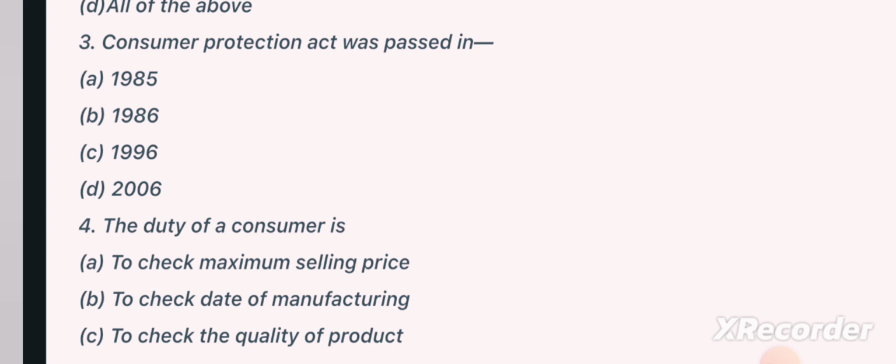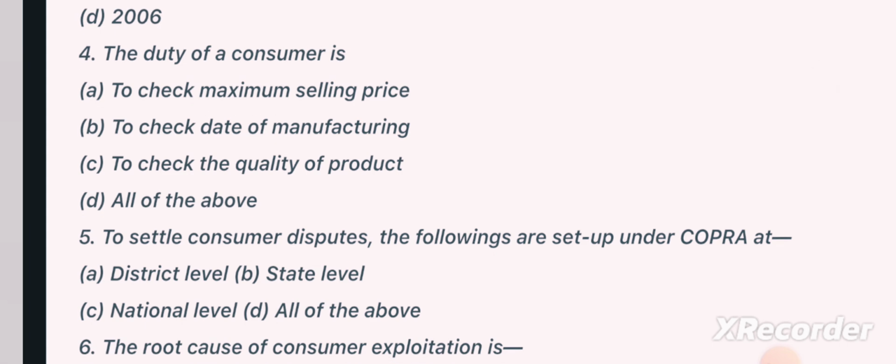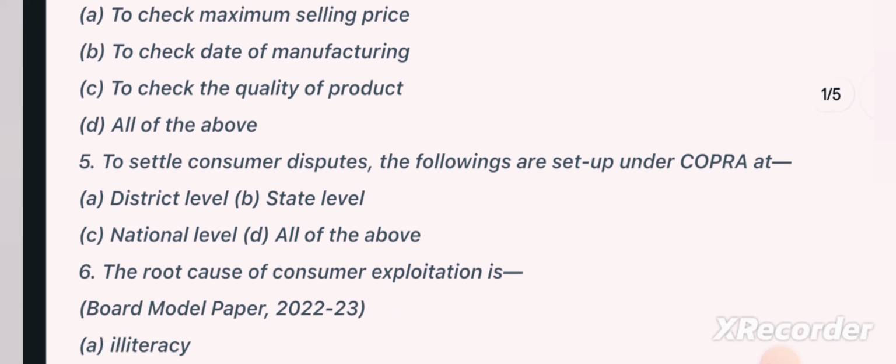A. 1985, B. 1986, C. 1996, and D. 2006. Fourth, the duty of a consumer is: A. To check maximum selling price, B. To check date of manufacturing, C. To check the quality of product, and